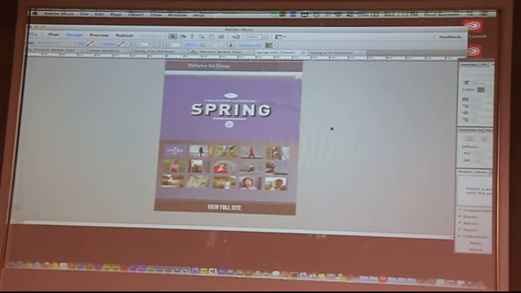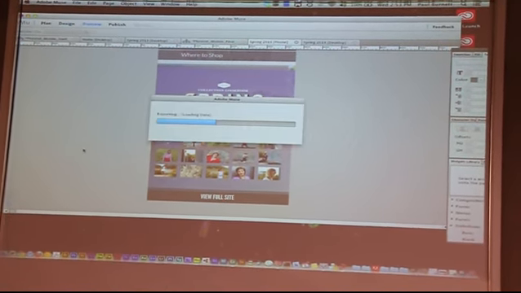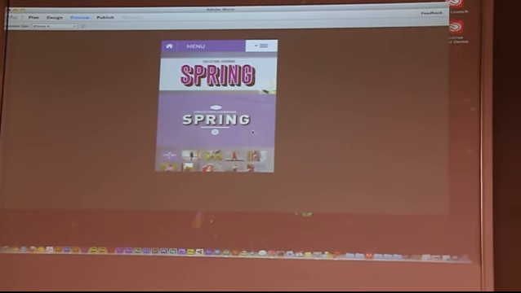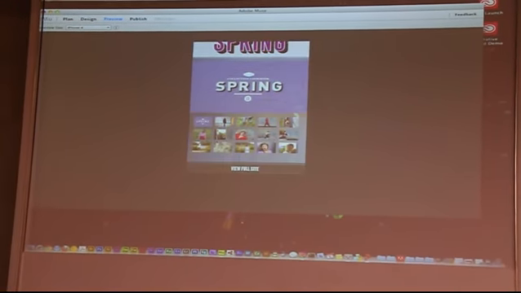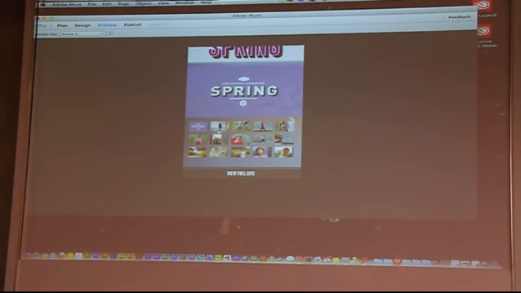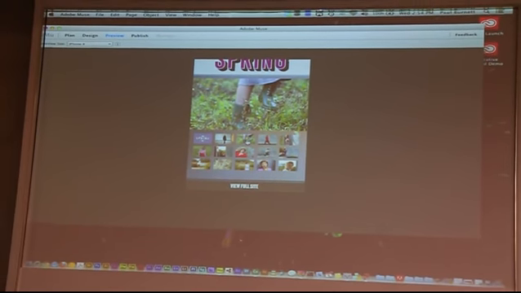And the reason being is that now when I preview this page, come on, load up. There we go. Right. It's still building it in the background, but you see down here, basically I've now got this slideshow which will work on a mobile phone and I can click through. It also works